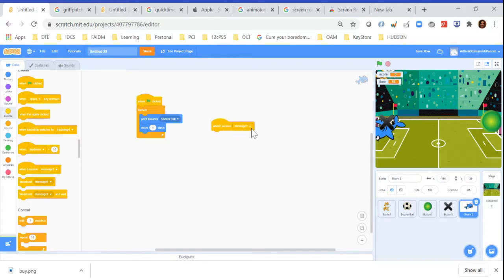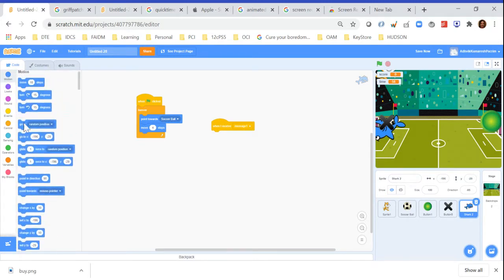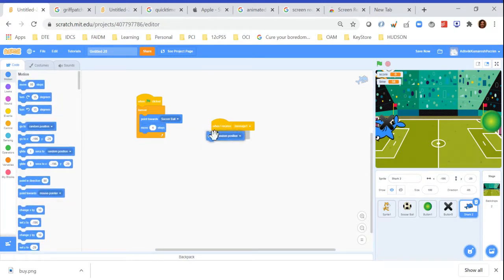When I receive message number 1, then since this touches the goal and goes back to the start, it means it's restarting. So if it restarts, this should also go to the goal. And for that, when I receive message number 1, you'll have to do this and then put this, go to